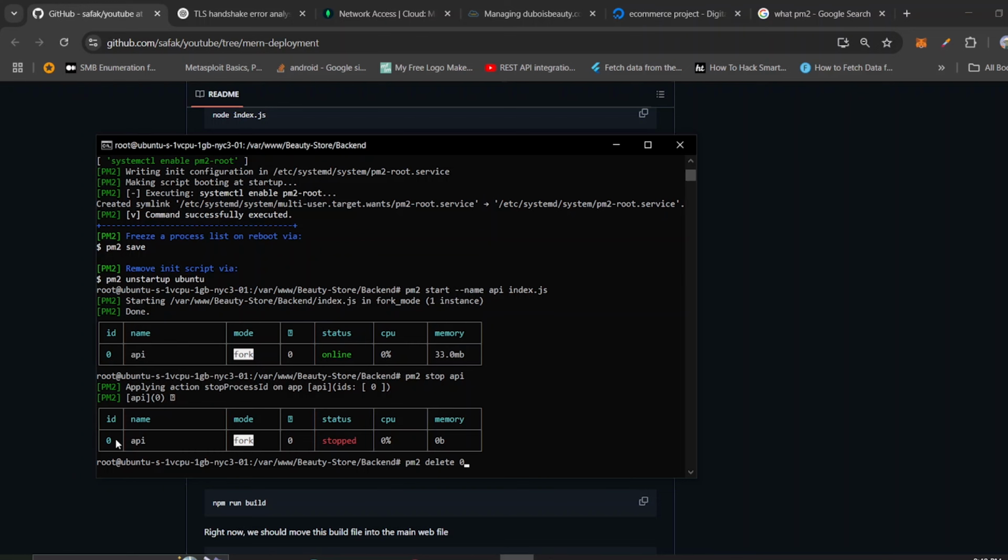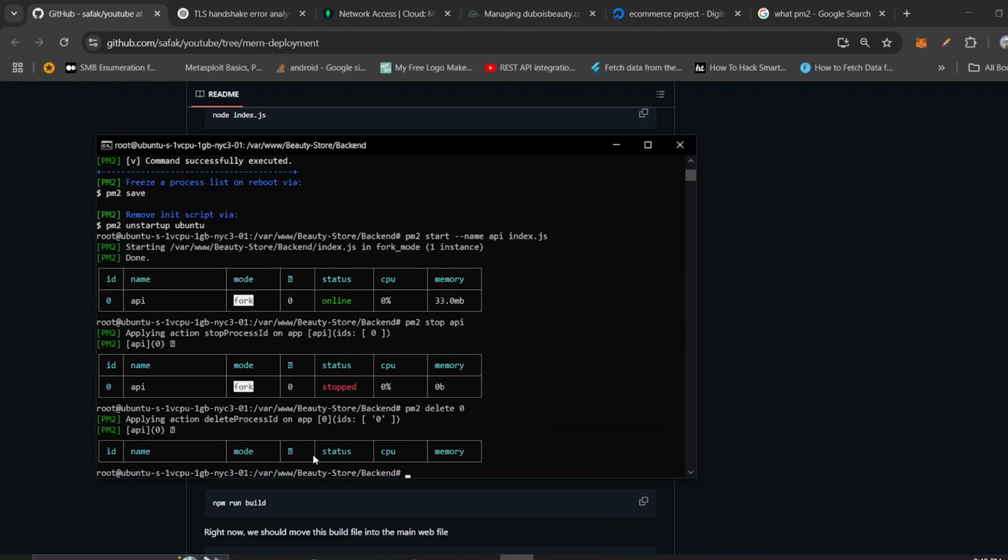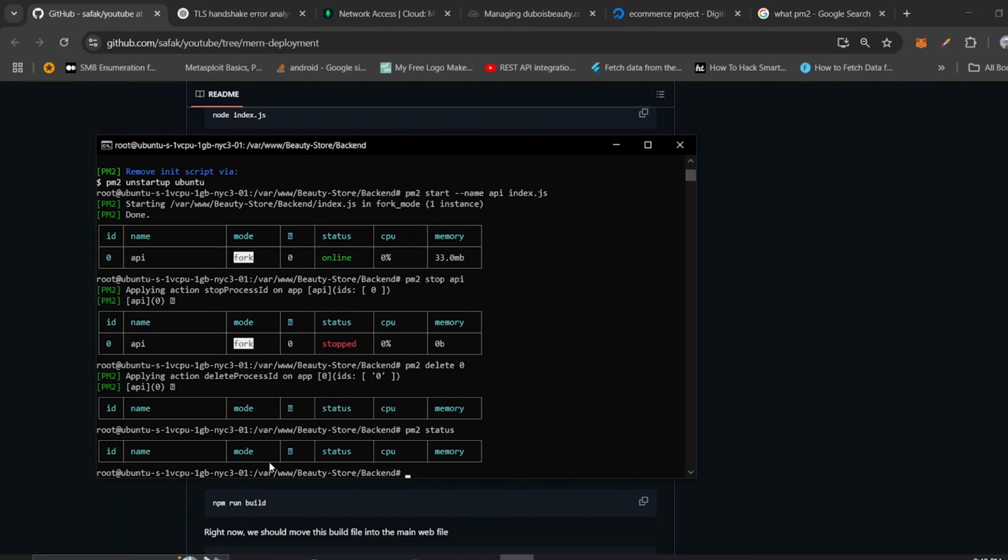So I'm going to delete like that. So you can see I have deleted. Now we don't have any instance that is running. So if I come up here again and run status, you can see there's nothing running right here. So yeah,